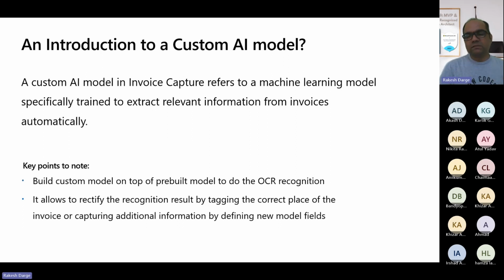Some of the key points that I strongly believe should be noted, if you are new to this world of custom AI model, is that it has to be built on top of a pre-built model, as we discussed before we began the session, right? So if you want to start a journey of custom AI model with the help of Power Apps AI Builder capability, then you have to select a pre-built model which